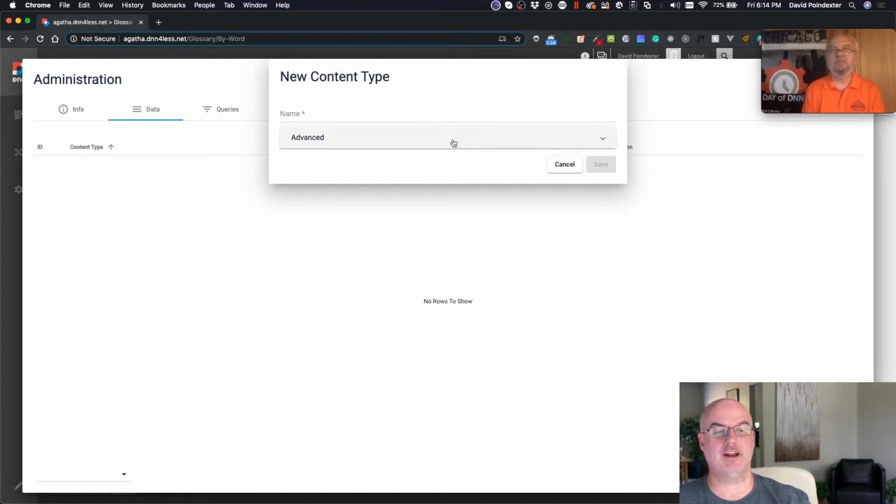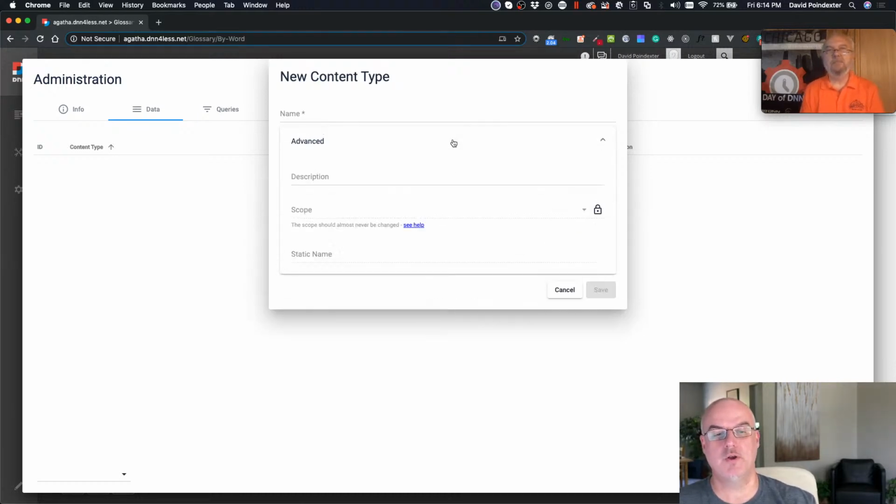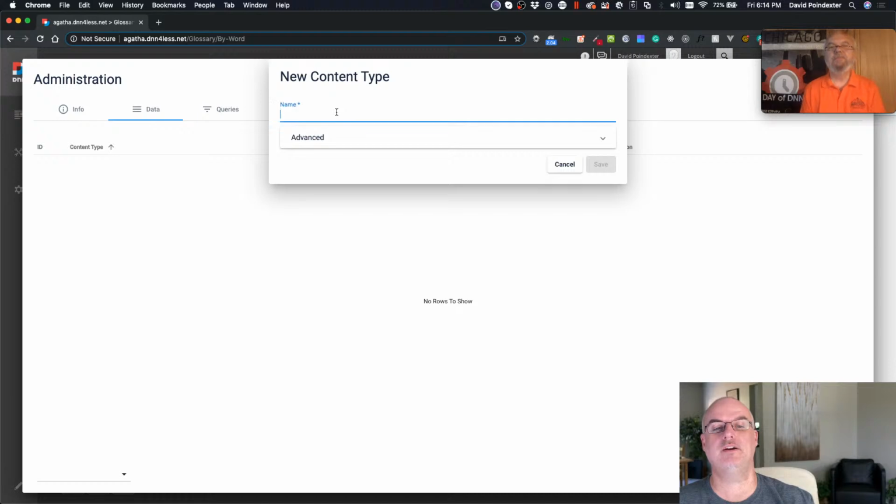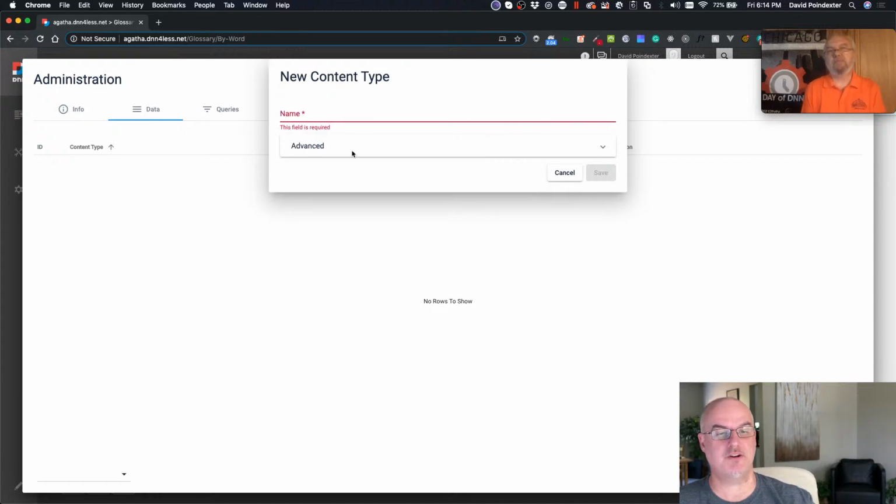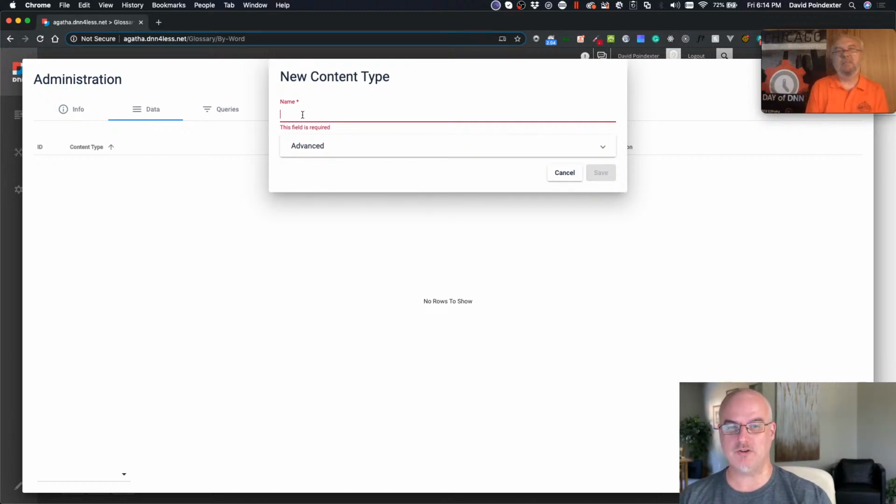So, we've got a drop down here. All right, so we can go ahead and put a description in here of that content type if we want to. There's the name. Okay, I see they're using material design here now. So that field just about escaped me. I didn't see that it was up there. So let's give it a name. We want to call this, how about we call this content type